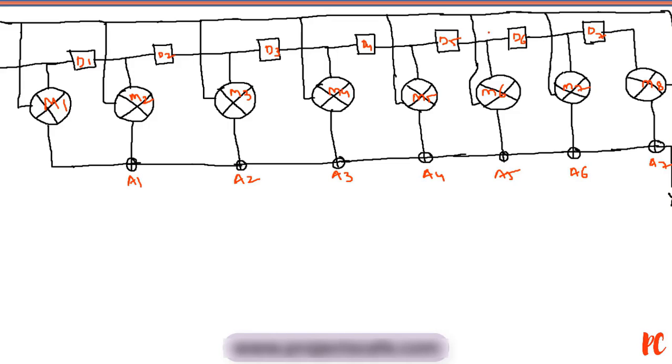Since we are taking 2 inputs here, I'll name this input as A and this input as B, and this is my output Y. We are talking about an 8x8 parallel stream multiplier, so the inputs A and B that I'll be taking will be of 8-bit, starting from 7 down to 0. Let me define the wires.